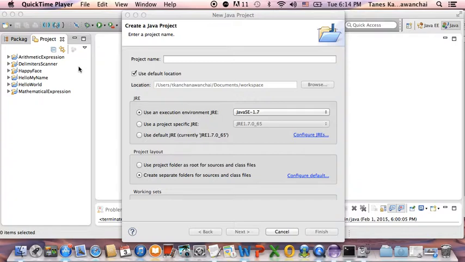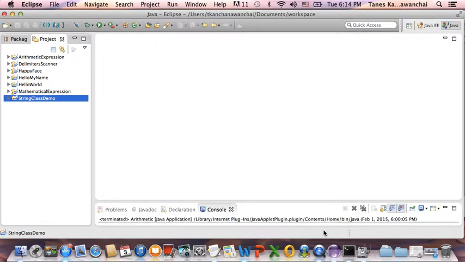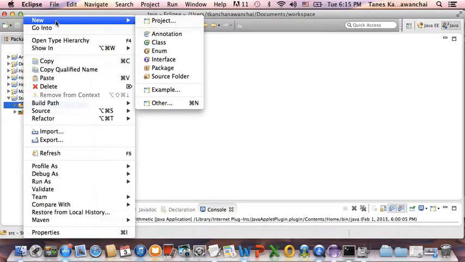So, today I would like to show you something about string. So, I'm going to create a project. Talk about string class and demo here. So, we have learned so far several classes, and one of them is scanner, and another one is the JOptionPane that we can use to get input and output,